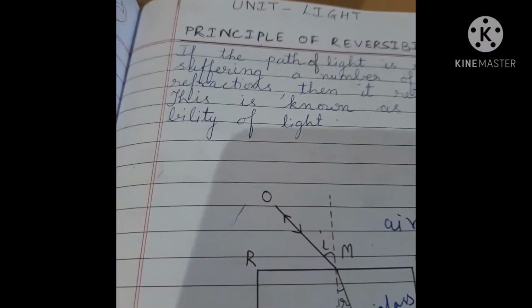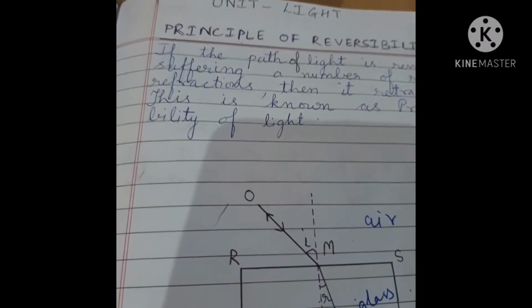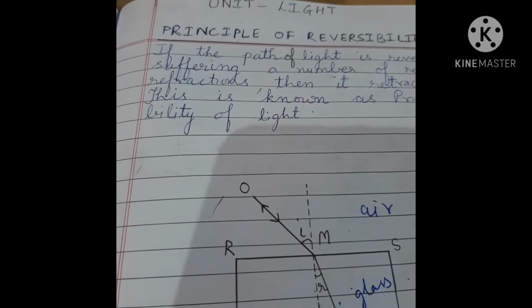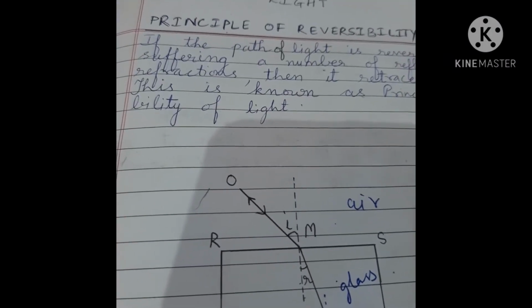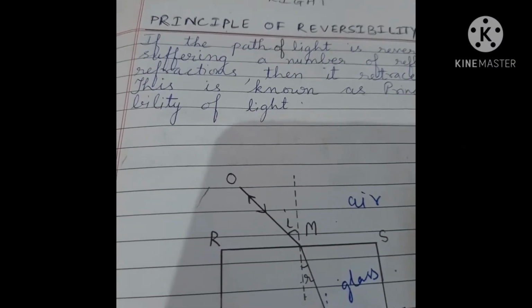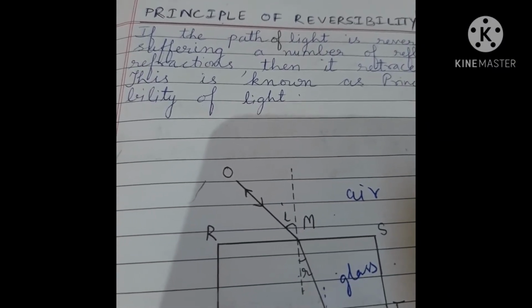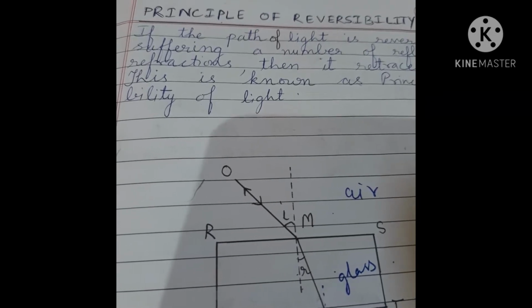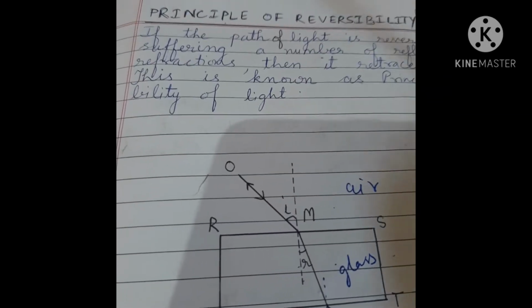Students, we were studying in physics the unit light. Last class we studied Snell's law, which states that the ratio of the sine of angle of incidence to the sine of angle of refraction is a constant. Means if we vary